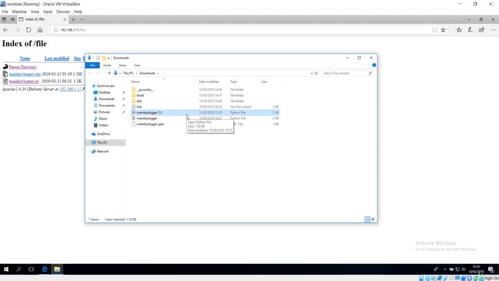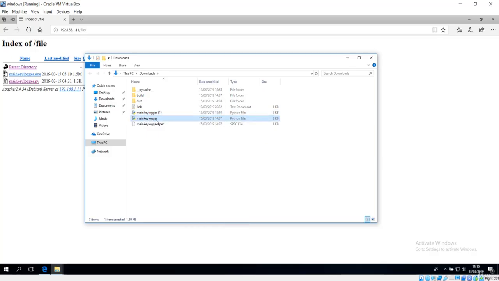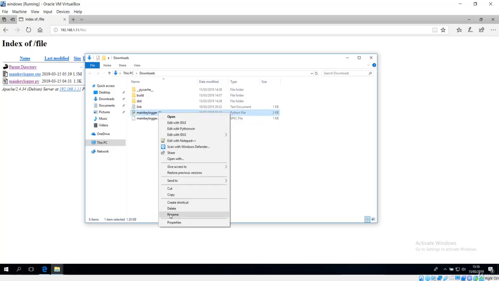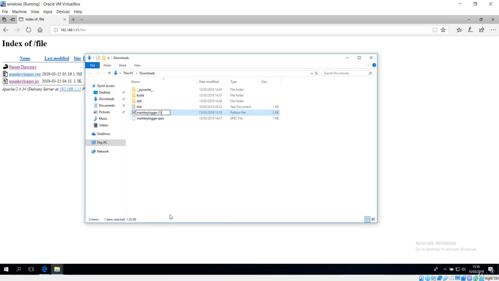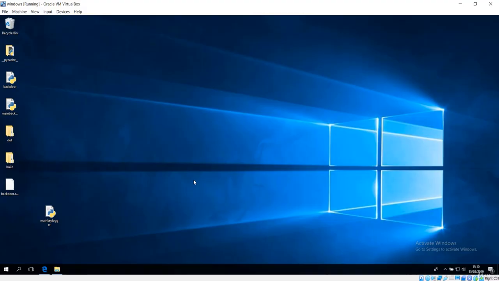If you just open this real quick, let me simply rename this part and remove this main keylogger from here, and I'll rename this because it seems like it is a shortcut. So let me remove this one, and now this is the same main keylogger file. Let me move this back here, and now we have to run this main keylogger in this client machine.